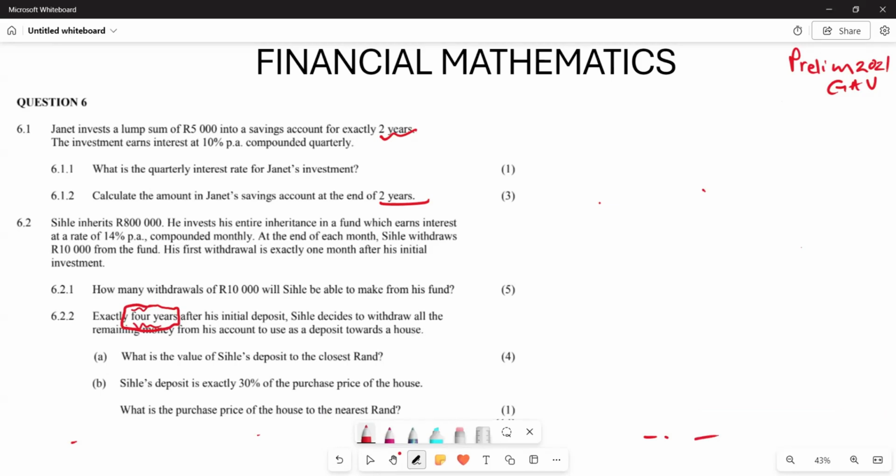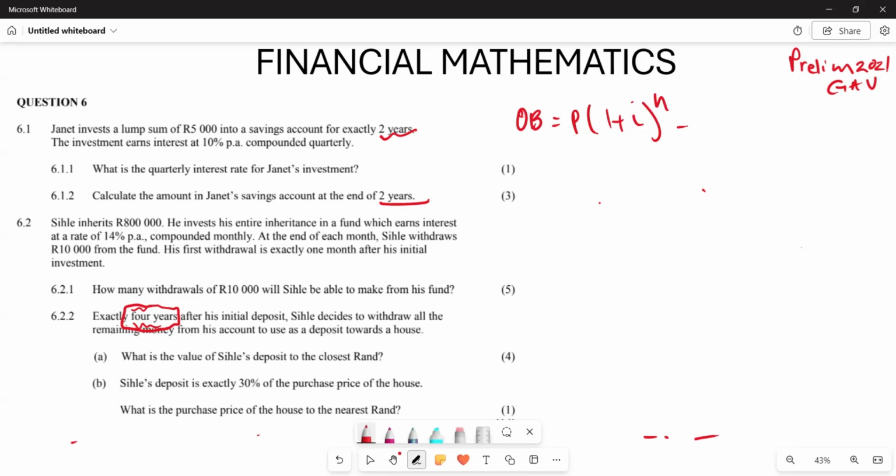So now the question is, what is the value of Sihle's deposit? And this is going to be what they say, correct to the closest rand, right? Now remember we have our formula for our outstanding balance. The formula for our outstanding balance is given by this. Outstanding balance is given by A equals, or rather this is actually P now because that's the principal amount. Outstanding balance is going to be P into 1 plus i to the power of n, subtract